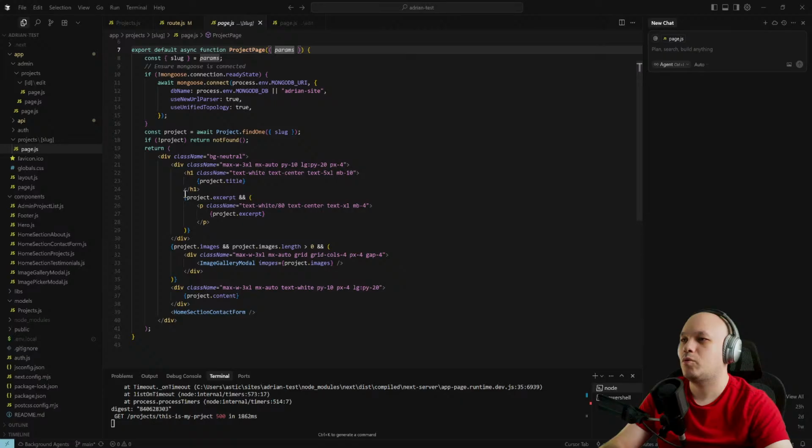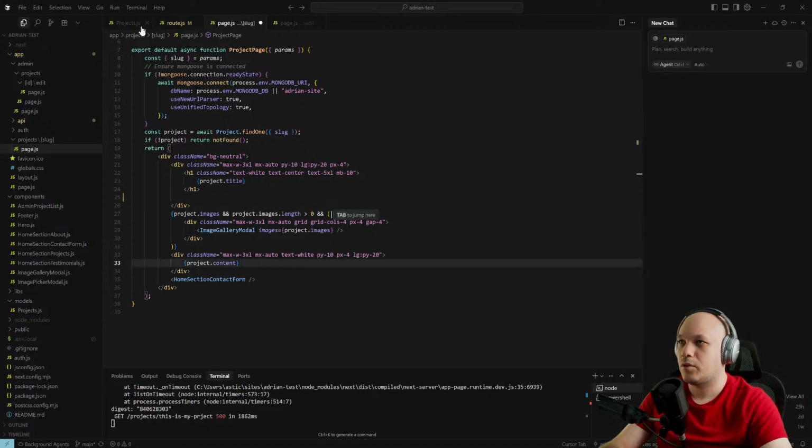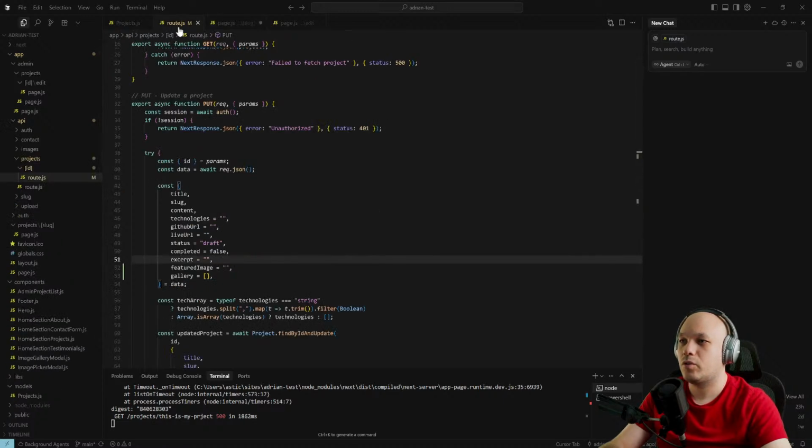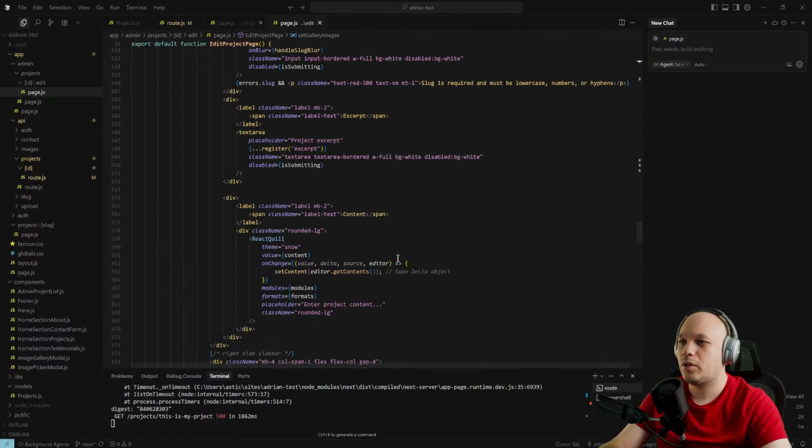Let's remove the excerpt because we do not have an excerpt. Content. We don't need the excerpt, and see how do we get the